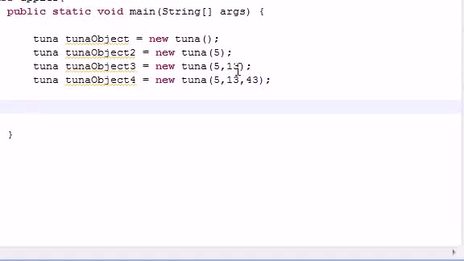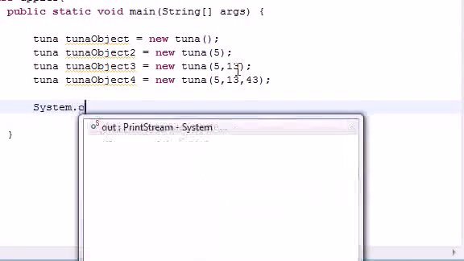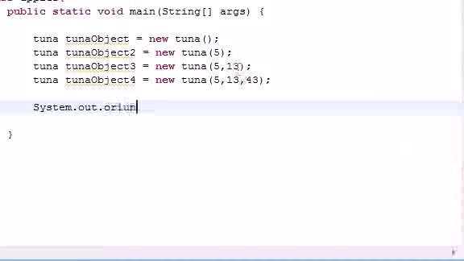But now that we got these objects, let's go ahead and actually use them. Let's just print out the time. So System.out.printf, we'll just do a simple print format. And again, this takes 2 arguments. The first argument is how you want to format it, and since we're going to be using